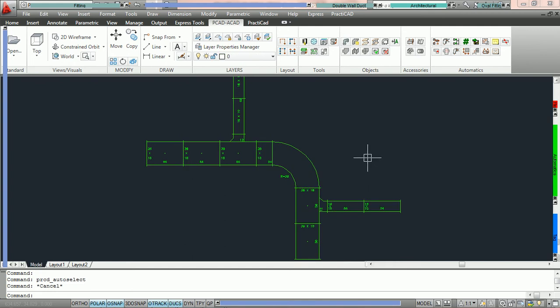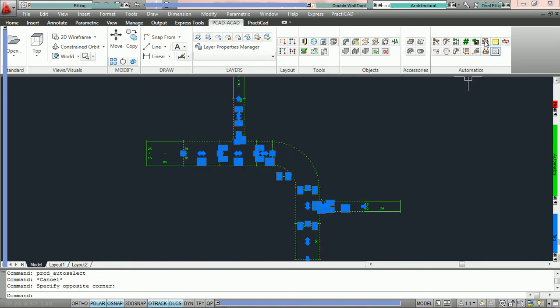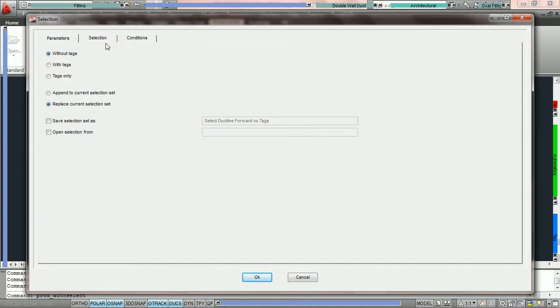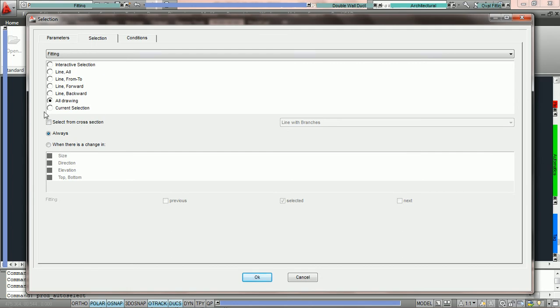Current selection is actually the most widely used selection criteria in all of the automatics, especially in the PractiCAD default data. Current selection allows us to isolate an area, and then you go to run an automatic, and it chooses the entities in that area based on whatever you already have selected. So when you choose current selection, it means you should have already highlighted entities on the drawing, and then you go to run your automatic, and it'll choose everything inside that window that meets the criteria of your selection automatic